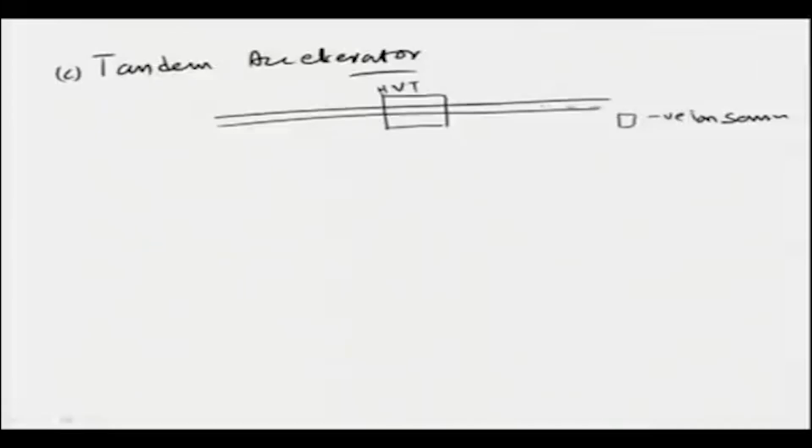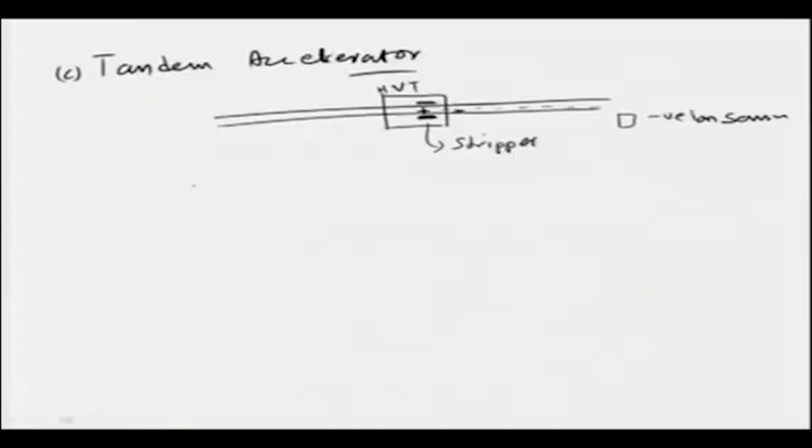So, it will accelerate this, and then you keep some electron stripper. So, this is the stripper. What does the stripper do? Let us say by some way it strips the ion of the electrons. So, it will take away the electrons, let us say not only the excess electrons which make the negative ion, but also some additional electrons, so that it is now a positive ion. So, the stripper strips off some of the electrons and makes it a positive ion,